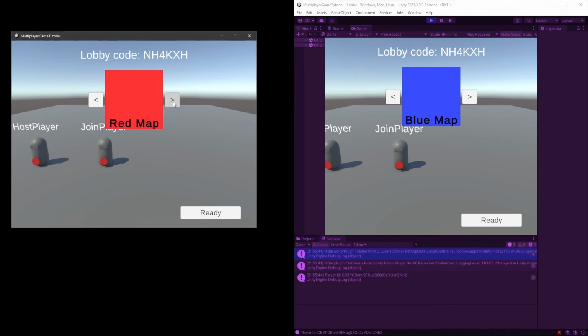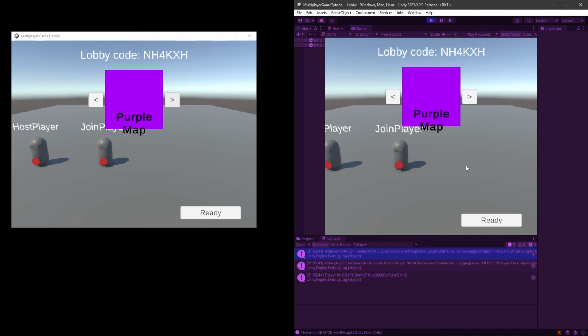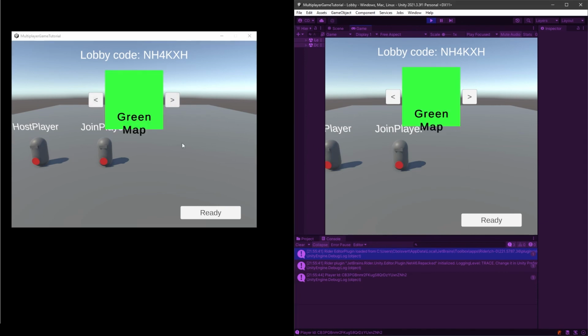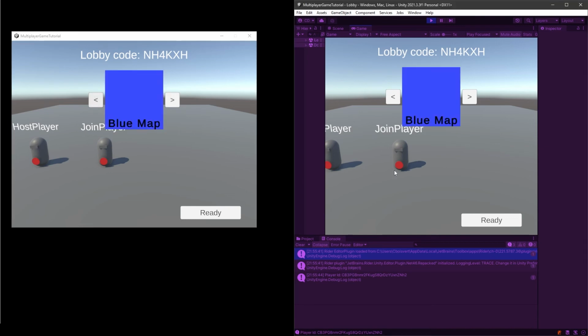This person is the host. So if I change here and I go here, there you go. Can change to purple. Can change now to let's say green, and then it's going to go to the green and back to blue and then blue. So this is working. Now the only thing we want to do is remove the arrow for the client, because